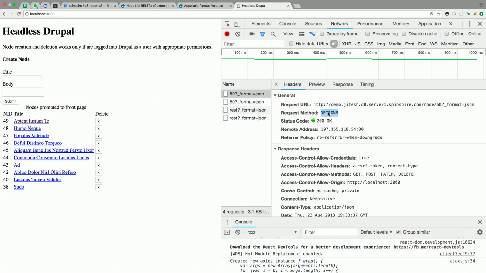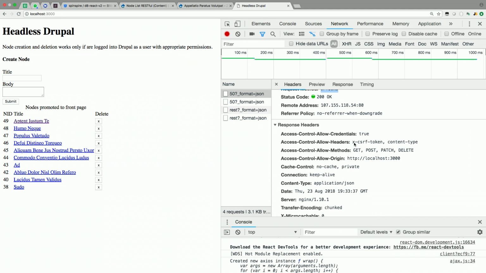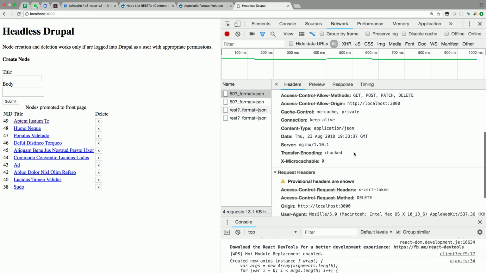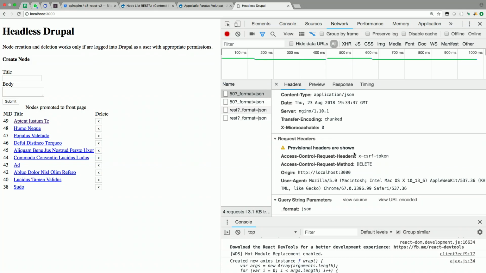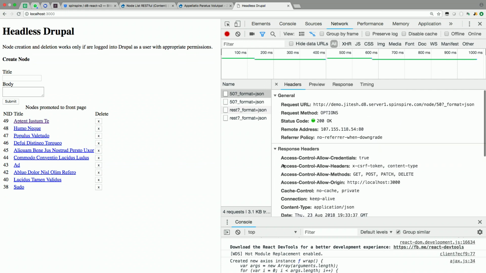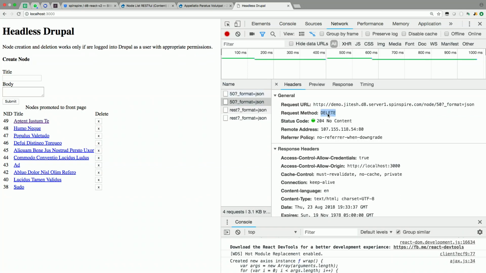This options request is called the pre-flight request. Before it talks to the server, it says, I am from a different origin, would it be appropriate for me to make calls to you? These are the access control headers in the request, and the server responds with a 200 OK, which means yes, it's okay, you can make the real request. So the pre-flight request precedes the actual request, and here's the actual request,